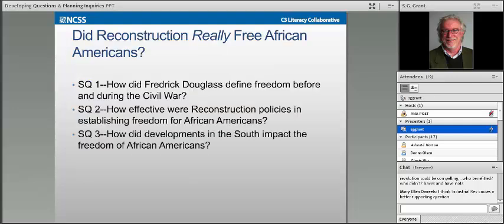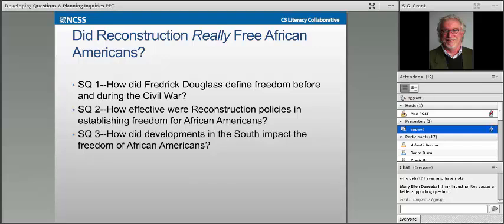So here's a question. Did Reconstruction really free African Americans? Again, if we were in the same room, I'd ask us to spend a little time thinking about whether that question really is compelling or not. I'm going to argue that it is, in part because of the word really. So much of what kids are going to need to wrestle with in these units has to do with value judgments and judgments across time.